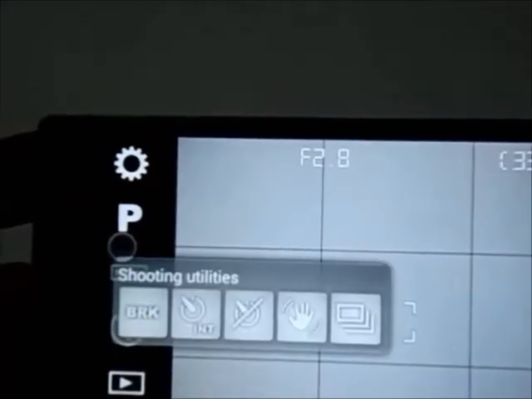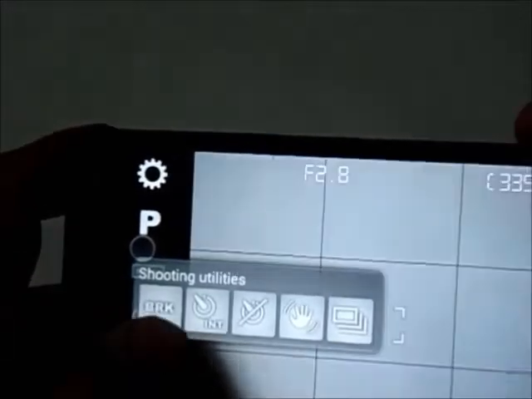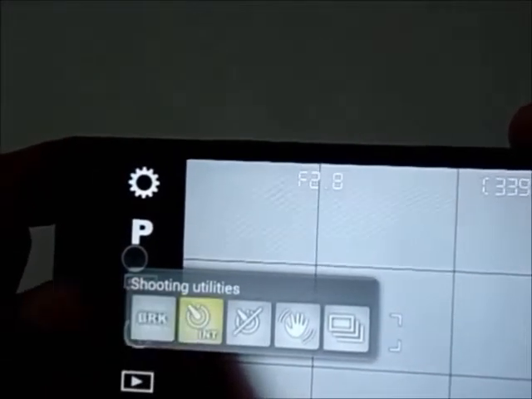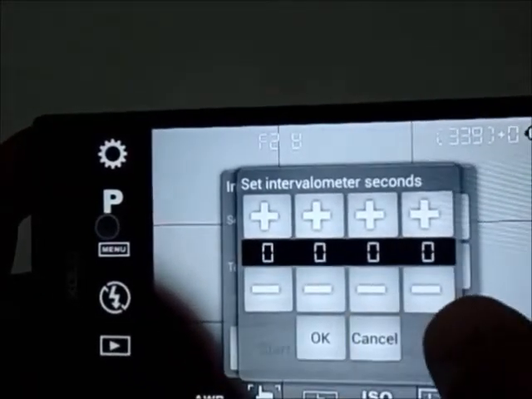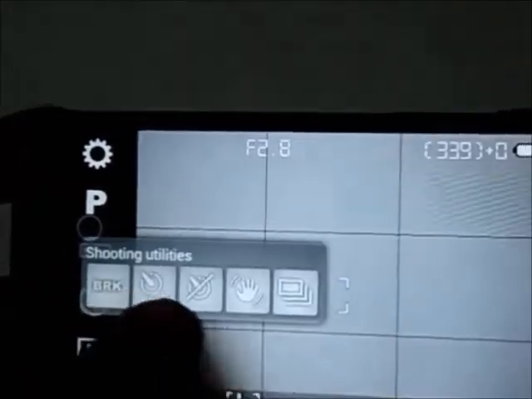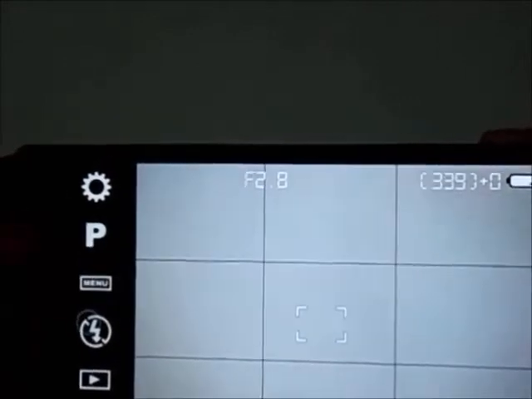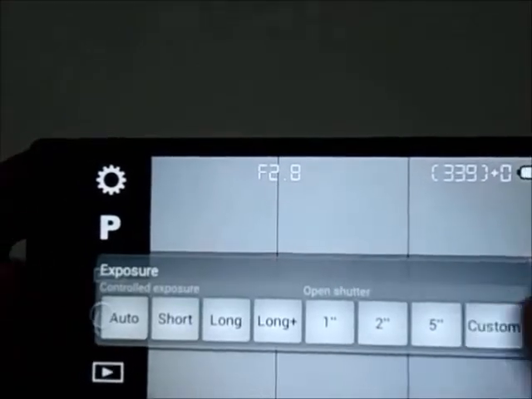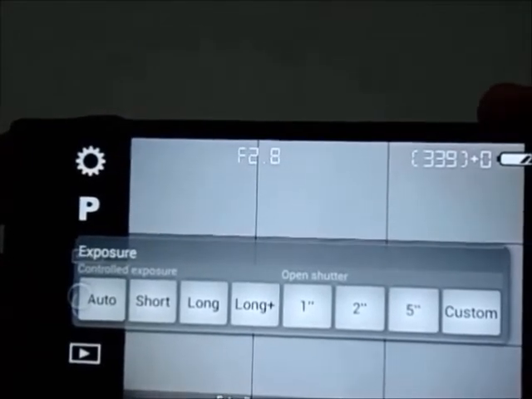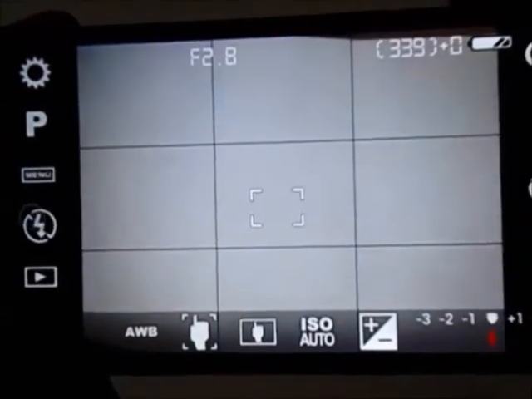Then you have your menu, which has pretty cool shooting utilities. You have your break mode, then you have the interval setting. You can just adjust an interval and then it's gonna take up your shots. Finally, you have your anti-shake mode and the burst mode, just like any other normal camera. Then you have your program mode as well as this S mode, where you can adjust your exposure as well as open shutter, just like you can do in a DSLR,